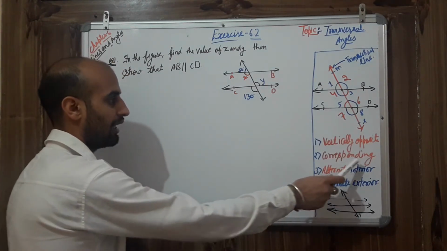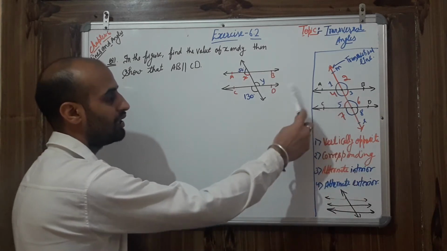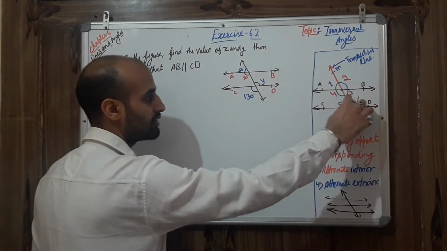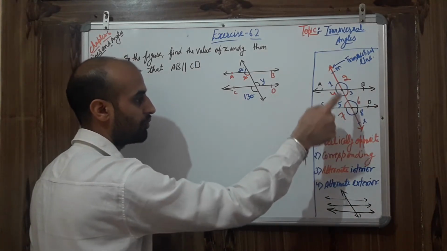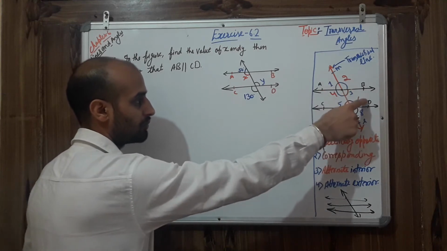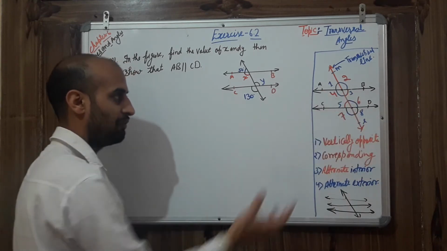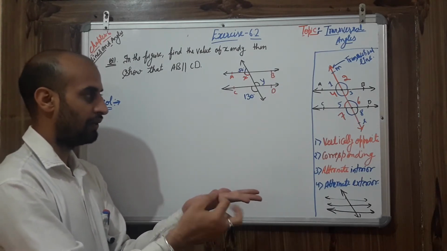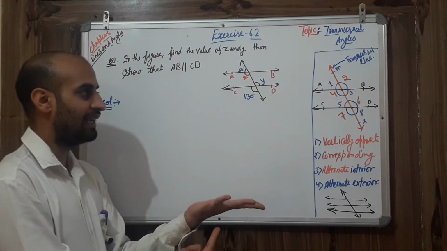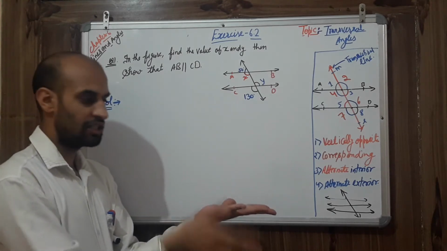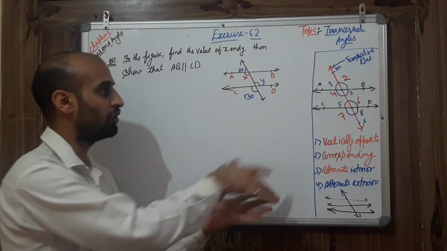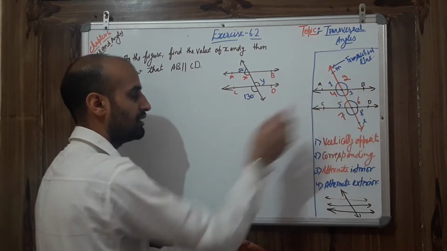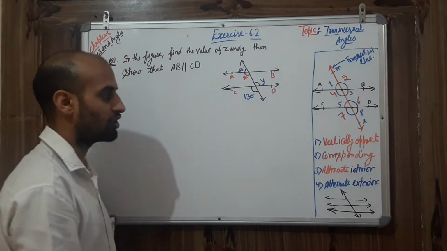Next is corresponding angles. So corresponding angles means you need to leave like from 1. If we are taking this upper one part and putting over this, so definitely 1 would come over 5, 4 would come over 7, 2 would be over 6 and 3 is over 8. Simple thing. As you can see, this first hand is representing 1, 2, 3 and 4, and second hand is representing 5, 7 and 6. So put hand over hand. So you will come to know 1 will come over 5, 4 over 7, 3 over 8 and 2 over 6. So in this way you can tell what are the corresponding angles here.